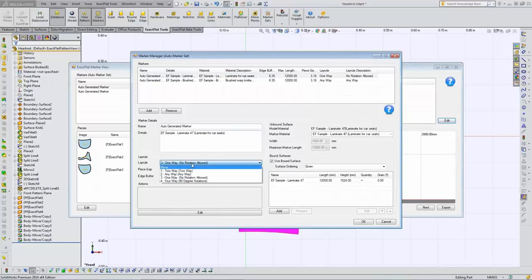Now this rule was pre-assigned in the database. Again, we talked about don't key in data, so I did that in the database so I didn't have to, but it's not what I need for this job. But I don't want to change the database. No worries. This is only going to affect this job here. The database is permission controlled, so for the administrators out there, once you lock down your data, you're good to go. But you do allow flexibility for your users to make changes, whether it be piece gapping, edge buffering, or